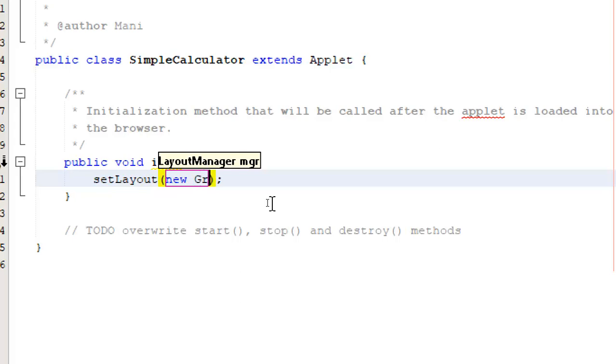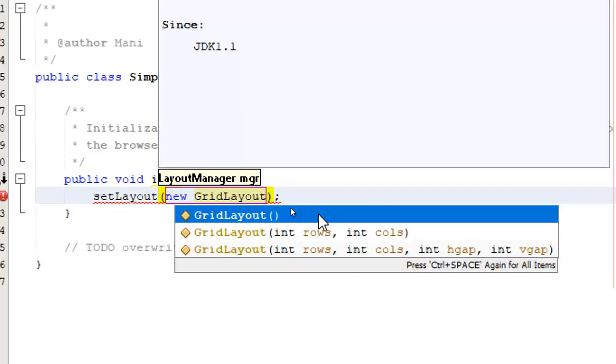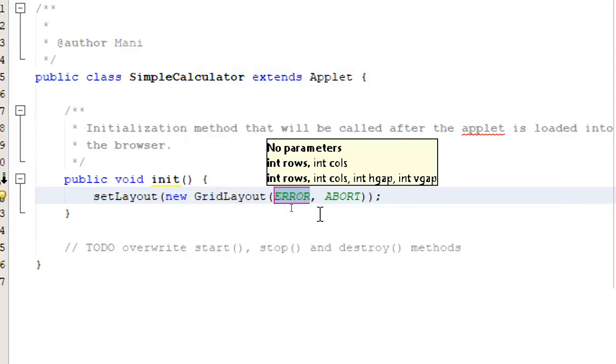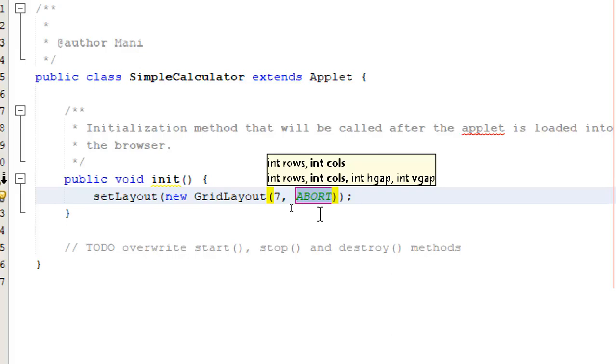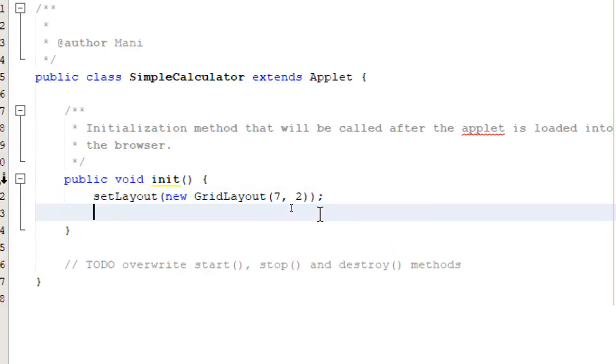The way in which I'm going to do it is I'm going to say new grid layout. Grid layout is taken from java.awt. So I'm going to press this, and I'm supposed to provide the number of rows and number of columns. I will set the number of rows as 7 and number of columns as 2. So this is what I have it here.